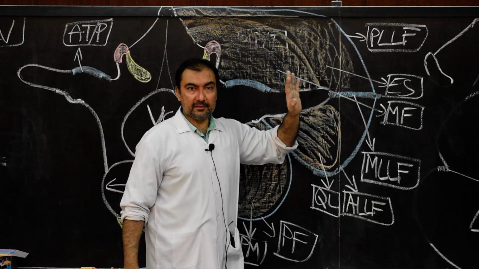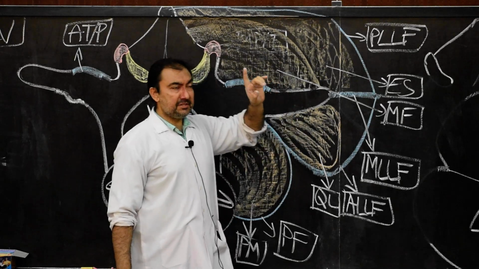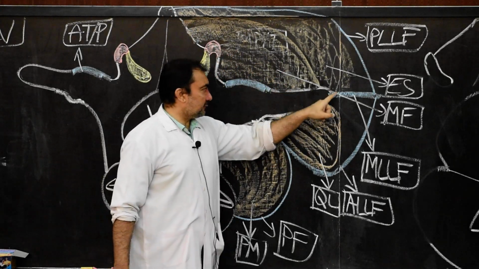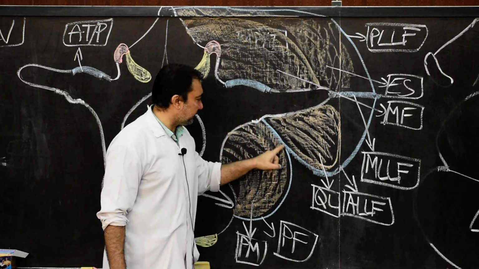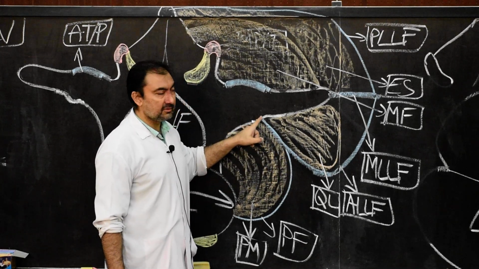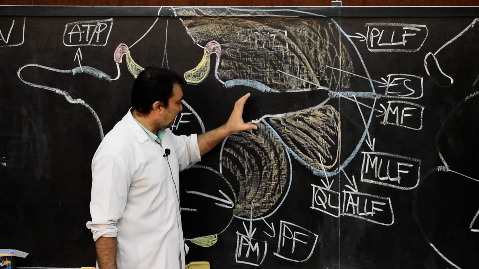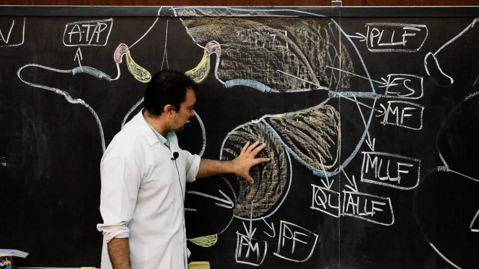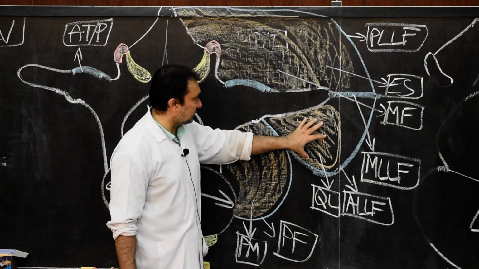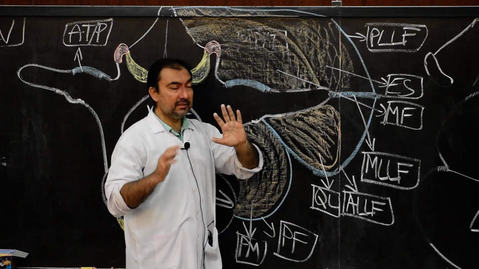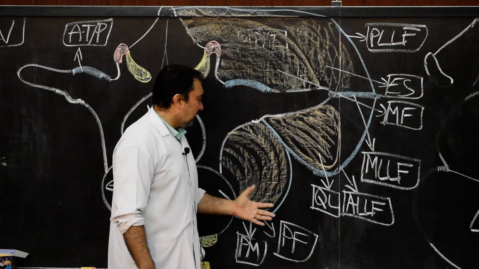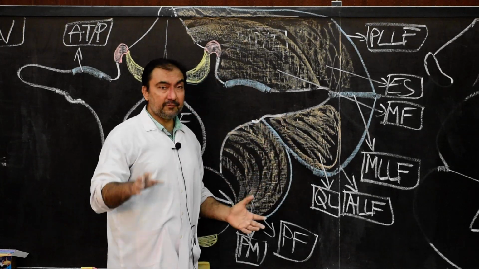So posterior layer of lumbar fascia is attached on the spine, middle layer of lumbar fascia is attached on the tip of the transverse process, and anterior layer of lumbar fascia is attached on the vertical crest present on the anterior margin of the transverse process. And the remaining musculature, psoas major muscle including psoas fascia, quadratus lumborum muscle, multifidus and erector spinae. This is how the cross-sectional view of the attachment of the lumbar vertebrae will be present.